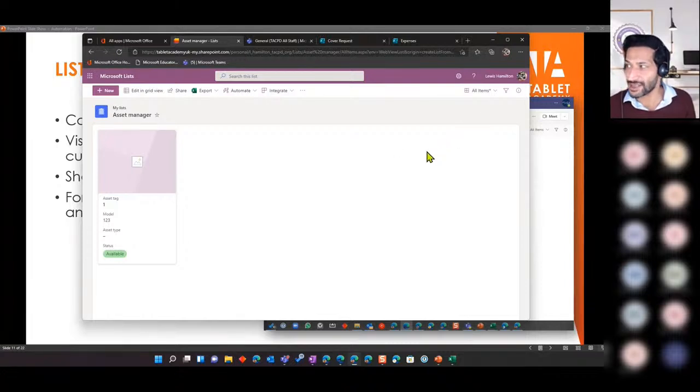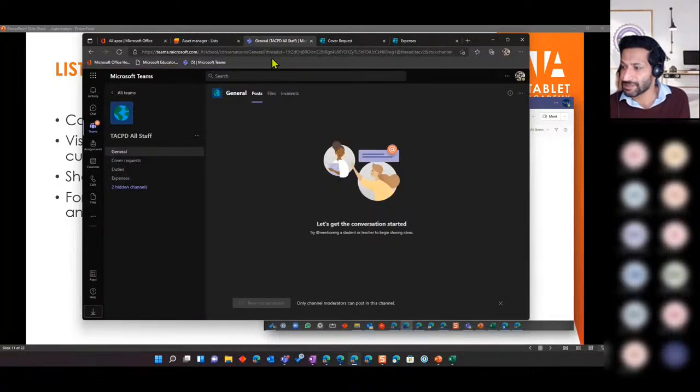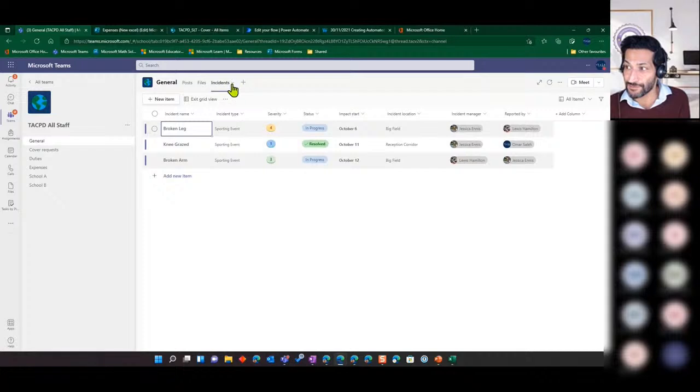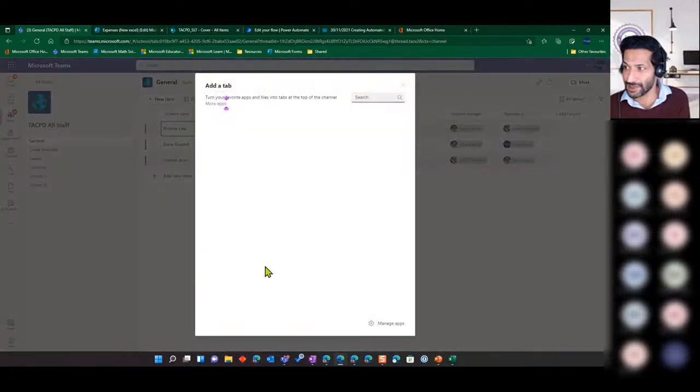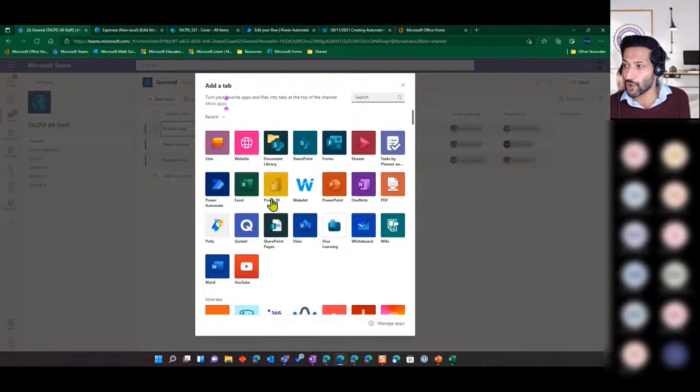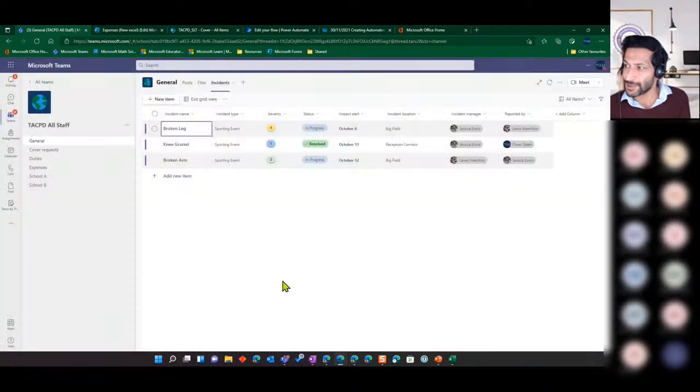And of course, you can share this out with other members if you need to. So you've got that share option. Alternatively, you can do what I do and just pin it into your team that you use. So I've pinned it at the top. You can do that inside there as well. So you can click on the plus symbol and choose your lists. So that's quite handy to be able to do that and to build a list